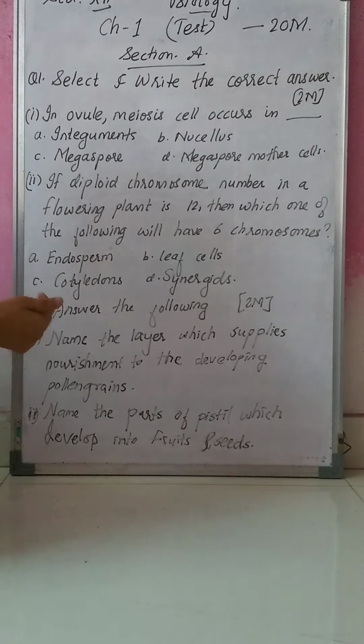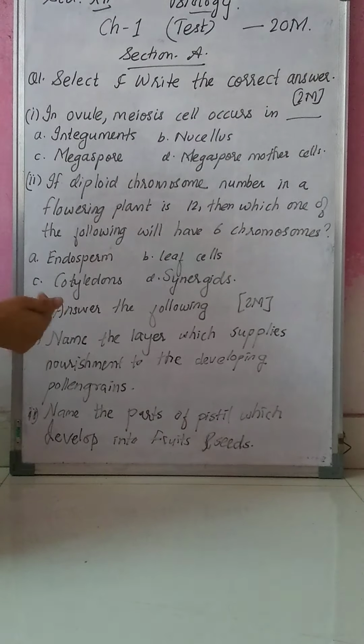See, these questions are according to the 70 marks paper pattern, but this question paper is for 20 marks. Every section is there, section A, B, C. Only the questions are fewer, but the sections and the marking scheme are the same. Here I have given it according to the chapter. This is chapter number 1, reproduction in lower and higher plants.